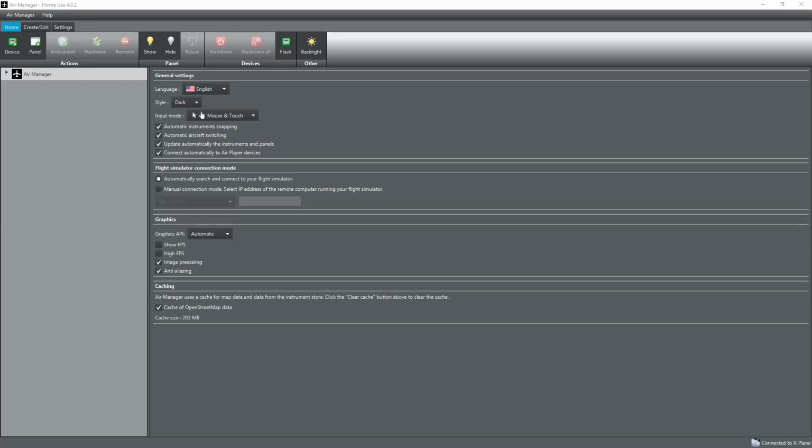Maybe some of you have seen some of my videos where I use pop-up instruments. Some of that is within the instrument itself. In fact, most of it is. But also there's another panel that I've yet to show for the Robin DR400, which I'll be showing shortly, that uses panel scripting extensively to create two different versions of the same panel, but for two different simulators. So there's an X-Plane version and a Microsoft Flight Simulator version, and the instruments are laid out slightly differently on the two panels in the two different sims. So I use panel scripting to shift the instruments about depending on which sim is loaded. So that's a real usage